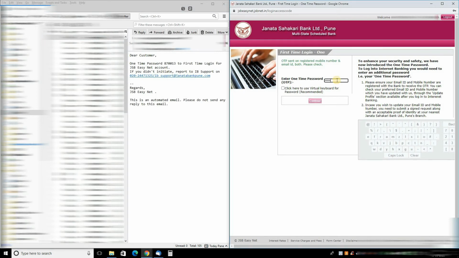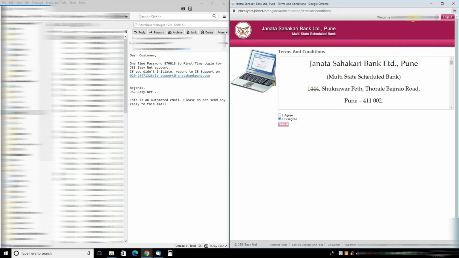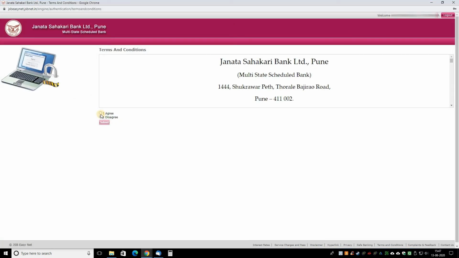This will lead you to the bank's terms and condition page, which you can scroll and read and then select I agree to submit.